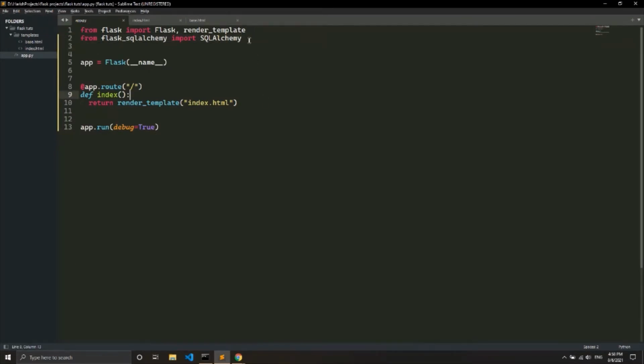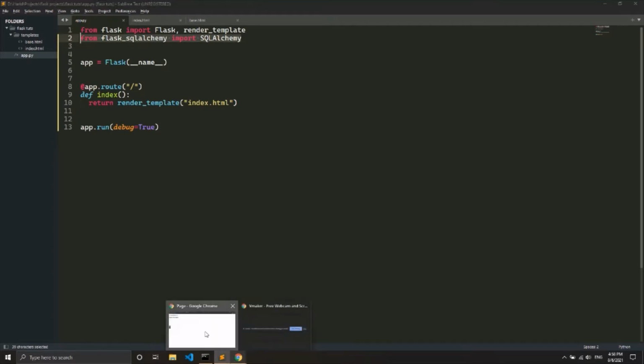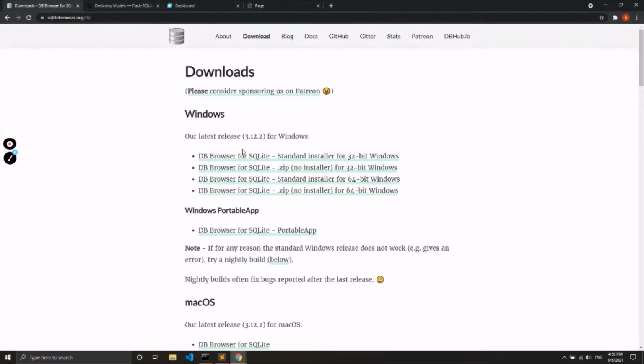So after you have installed SQLAlchemy and imported it in the script, what you have to install is DB Browser for SQLite. This will be very helpful for viewing our database and for testing and adding dummy data. So you can click on whatever architecture your computer is and install it.